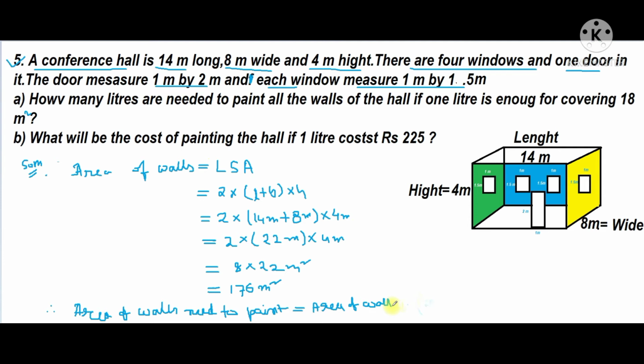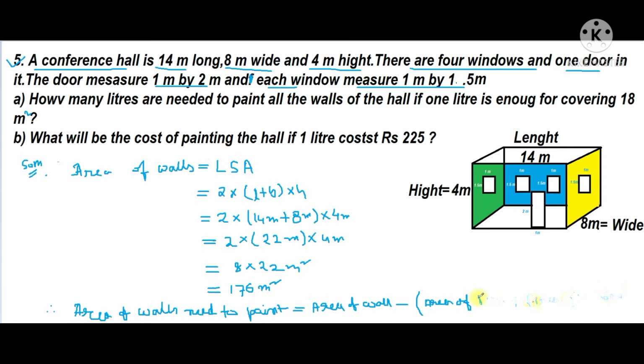minus area of door plus area of windows. There are four windows already. We got area of these windows is 6, and area of door is 2 meter square, right? So we'll write there